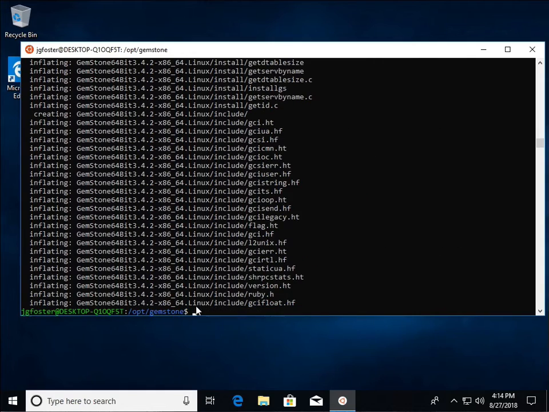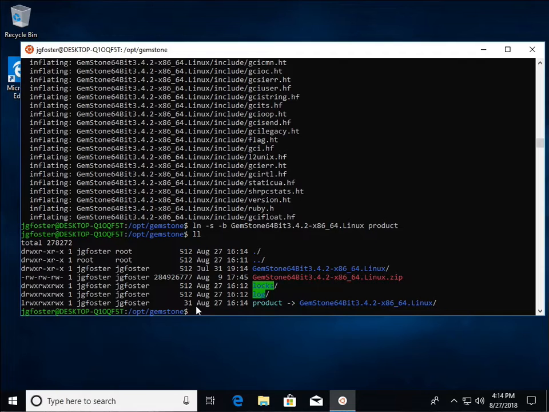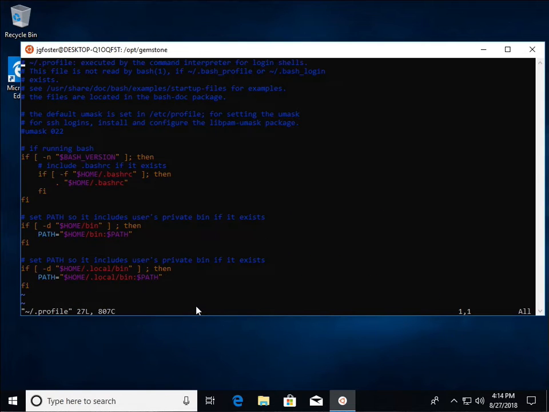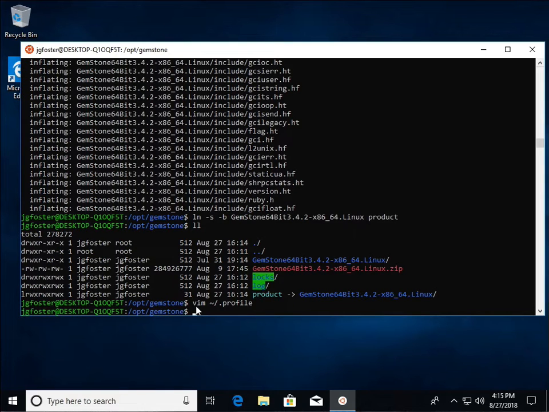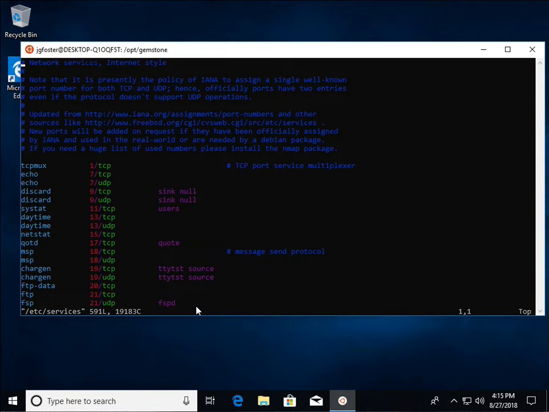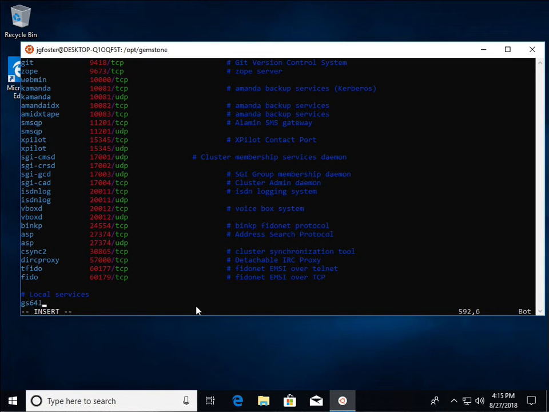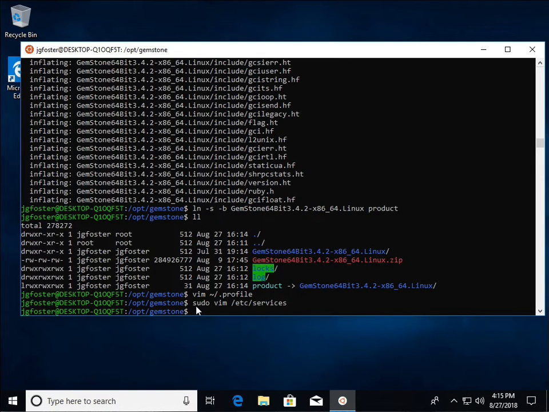When we have the product tree, I'm going to create a symbolic link to that so that we can just use product. We'll edit our profile to set up some environment variables to point to the product. Then we'll edit the services file to reference a name for our netLDI so that we can reference it by name rather than number. Finally, we'll copy a database from the bin directory to our data directory and change it